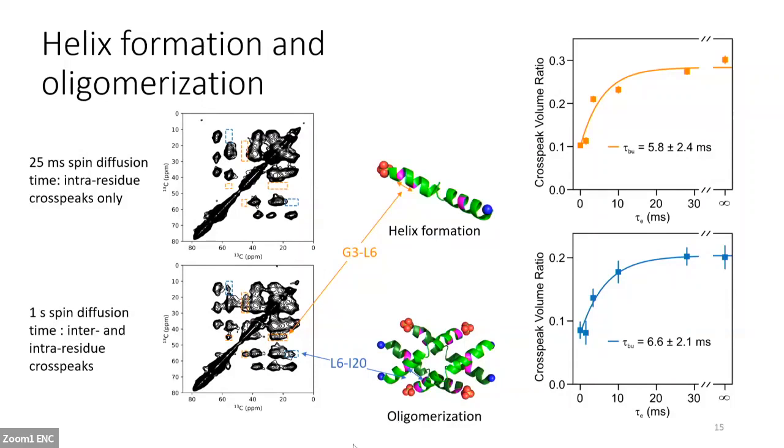And by looking at the buildup of cross peaks between sites that are only neighbors in the oligomer state,